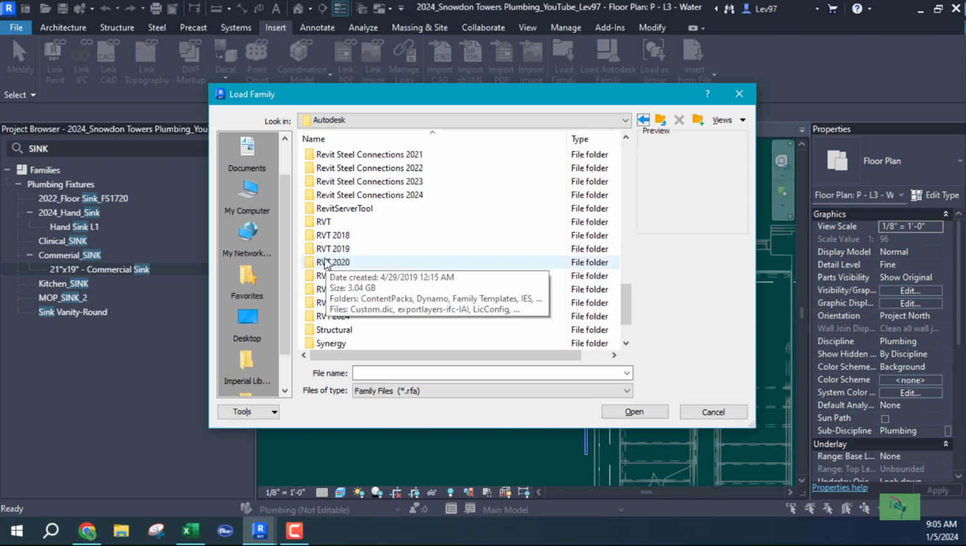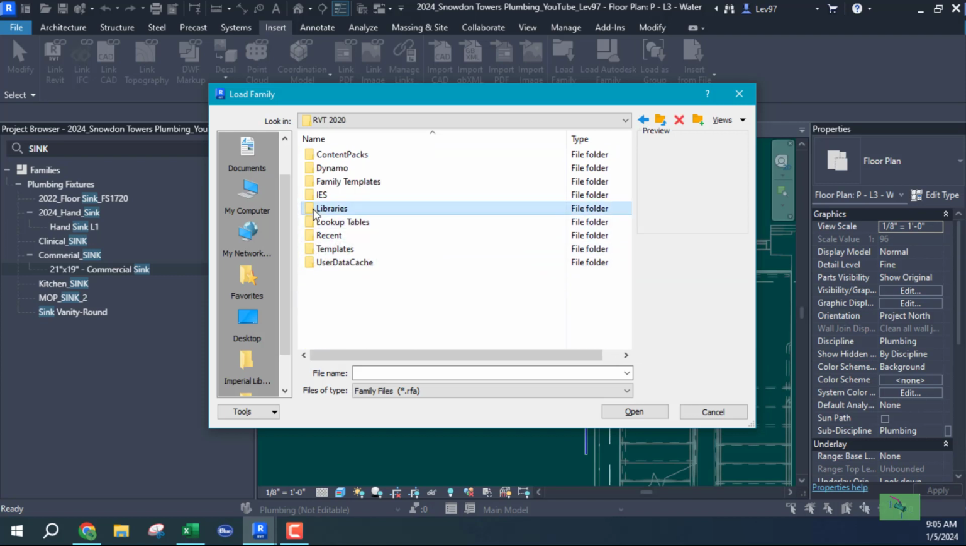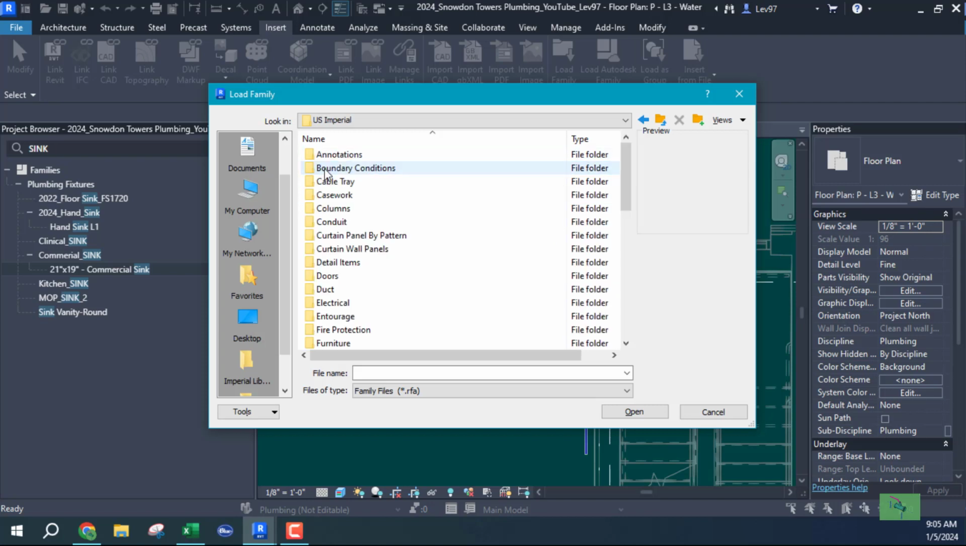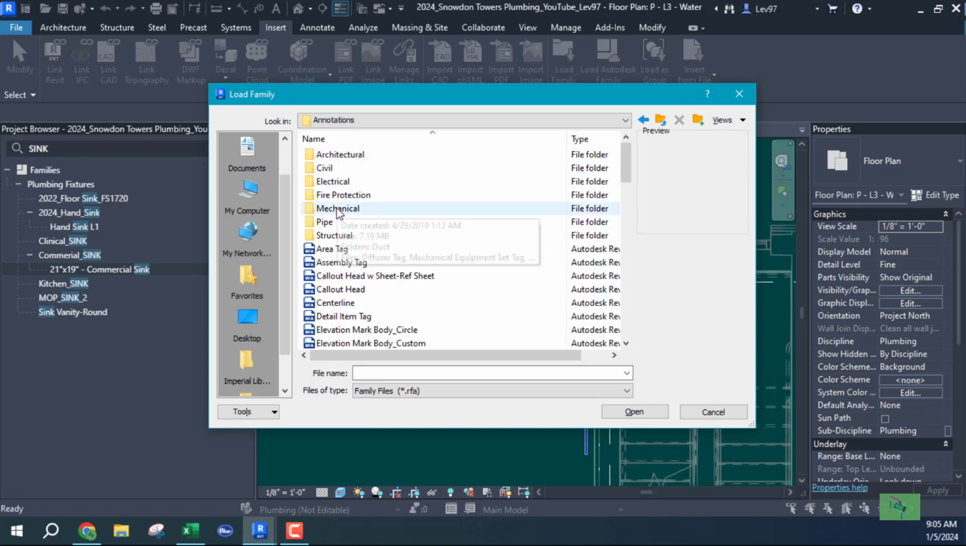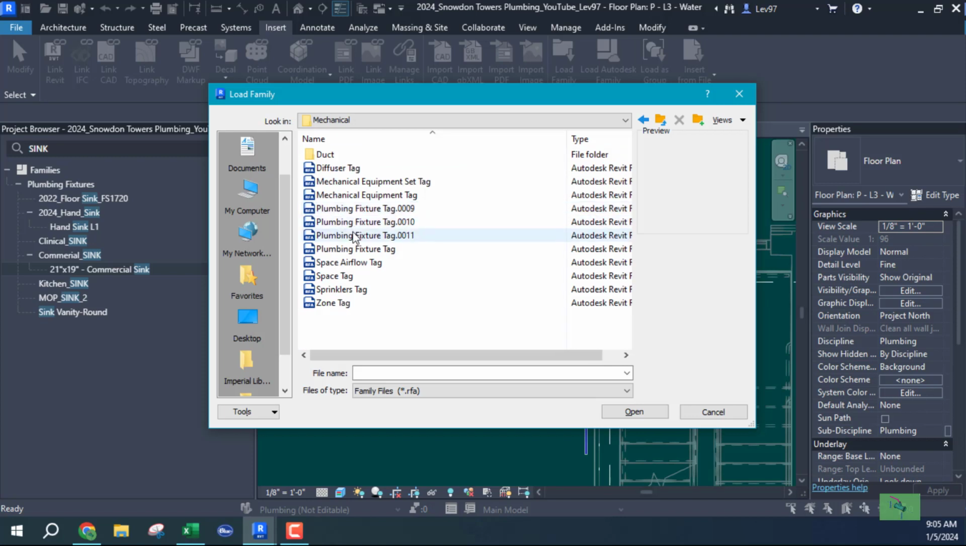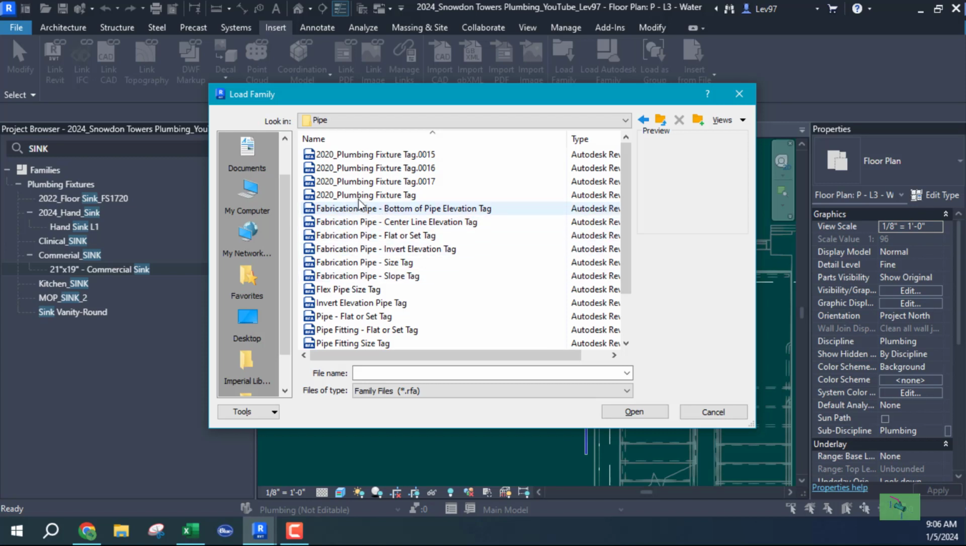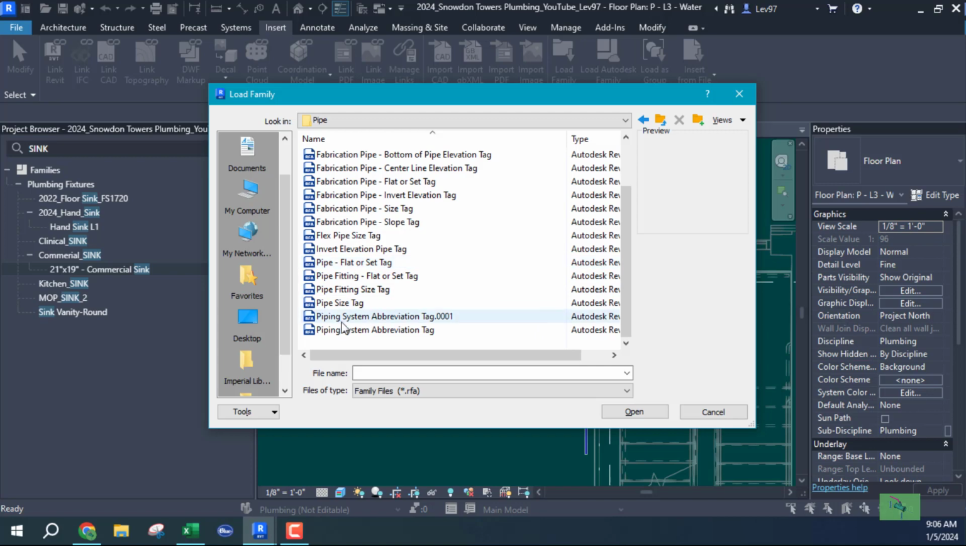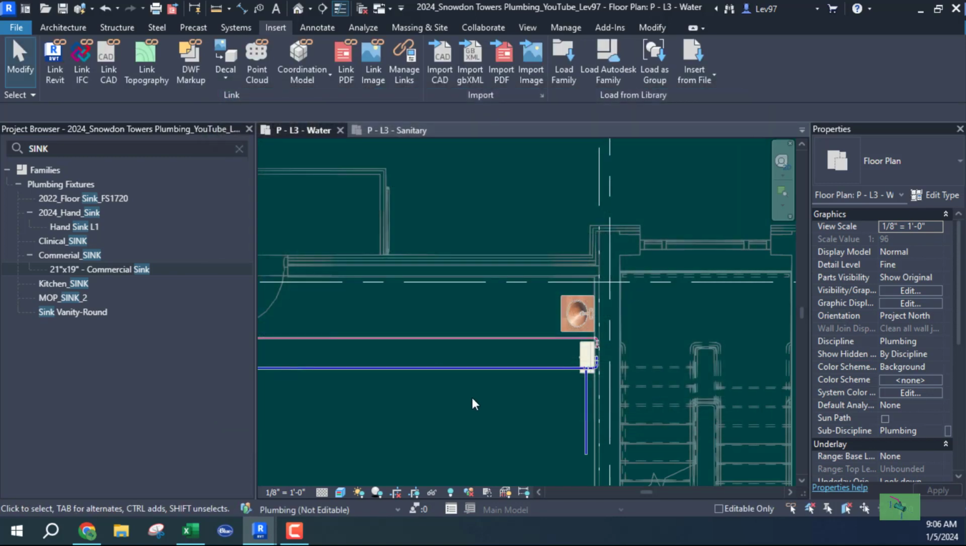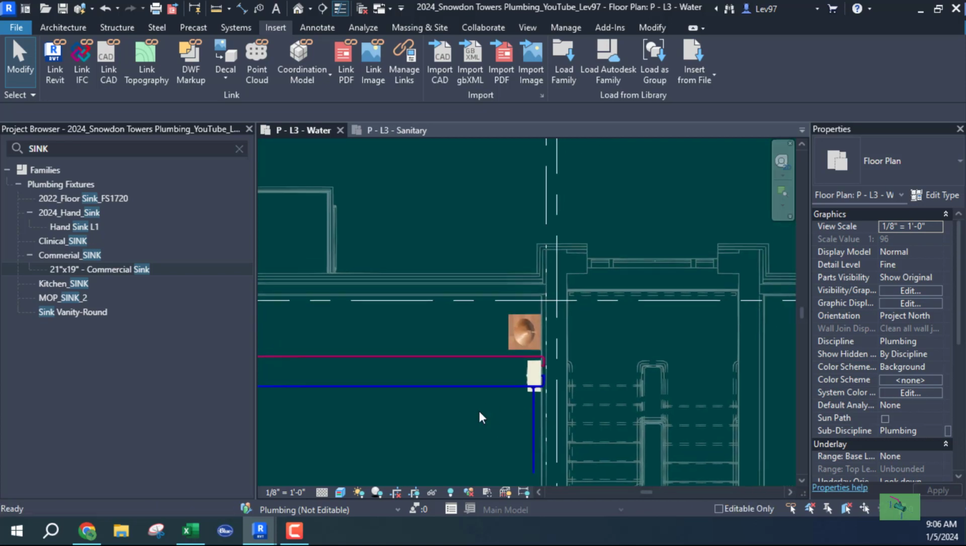Let's go Revit 20, Imperial, Annotation, Mechanical, no plumbing equipment tag. I can go back to Pipe, and there is no plumbing equipment tag. So what has to happen is